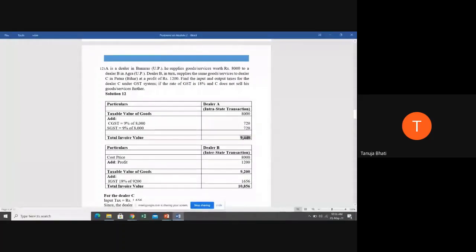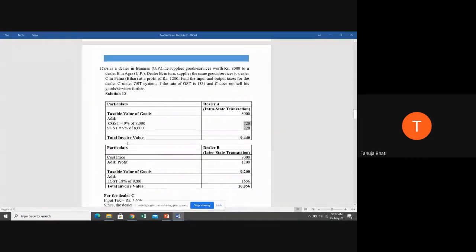That is 9,440 rupees. Now remember students, if we have seen in lecture number 1, an advantage of GST was that GST avoids cascading effect of tax. Means in GST there is no double taxation. So what we can see is dealer B is going to take his cost price not as 9,440, but as 8,000. Reason being, whatever amount dealer B is paying in respect of purchases towards the tax will be given as a credit. Therefore, it is not a cost to him. It is a credit to him.